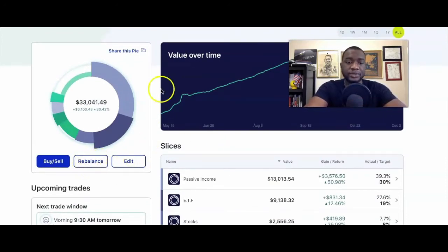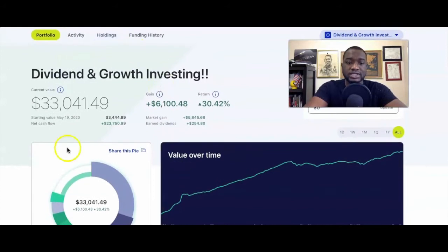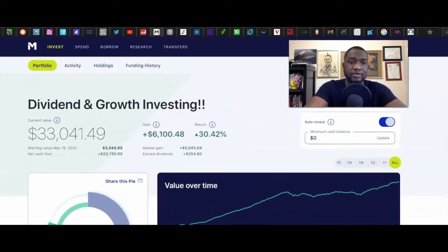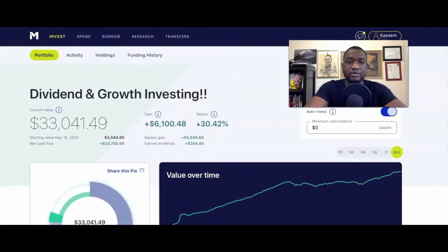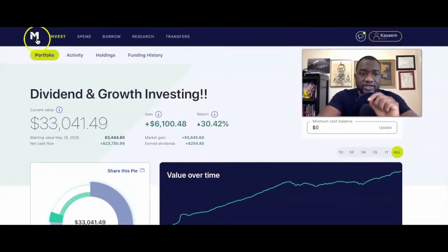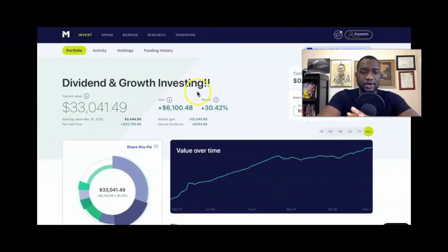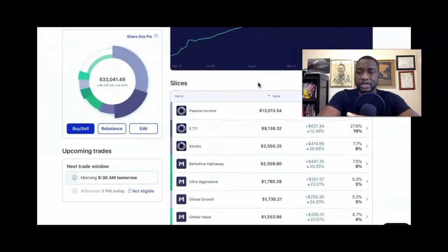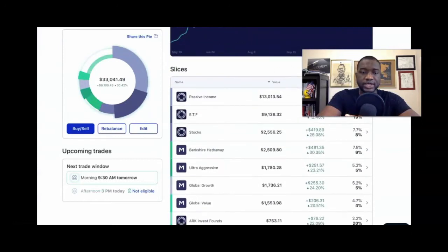Now the next question that you have when you're talking about rebalancing comes to something like this, right? So with M1, this is the M1 Finance portfolio here. This is M1 Finance. Let me raise this up so you can see. The reason why I like using M1 Finance is basically with this software, you don't need to worry about rebalancing your portfolio, and I'll show you that in a second. The reason why I don't really rebalance my portfolio is, for example, let me show you guys this.